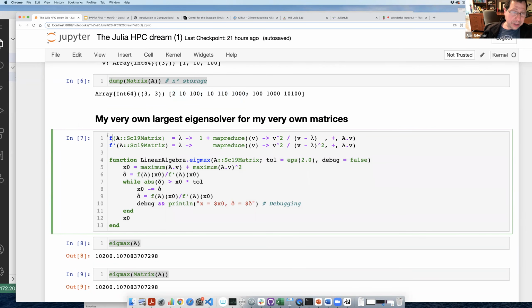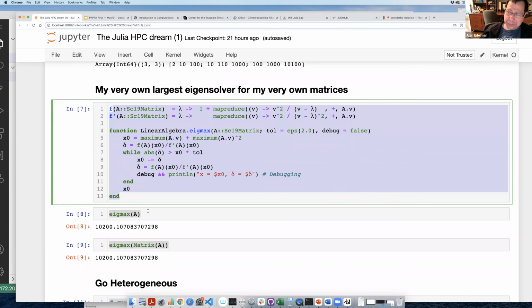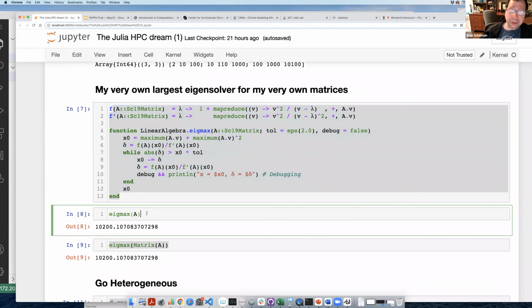Here I wrote, and I'm not going to go through the details. It's short, but I don't think that's important. What I'm going to tell you is I wrote my own special eigensolver. Again, this is what I wanted to do. I'm a math guy. I wrote my own eigensolver for my matrices that I knew would be much more efficient than the library's solver. And again, if you're doing some other kind of computation, just fill in the blanks for what you're doing.